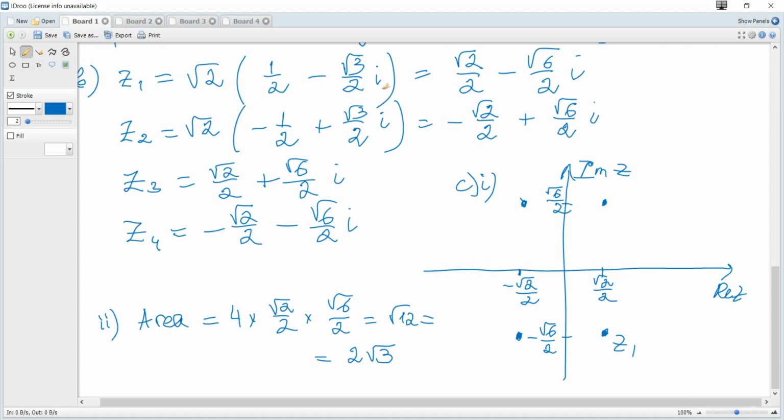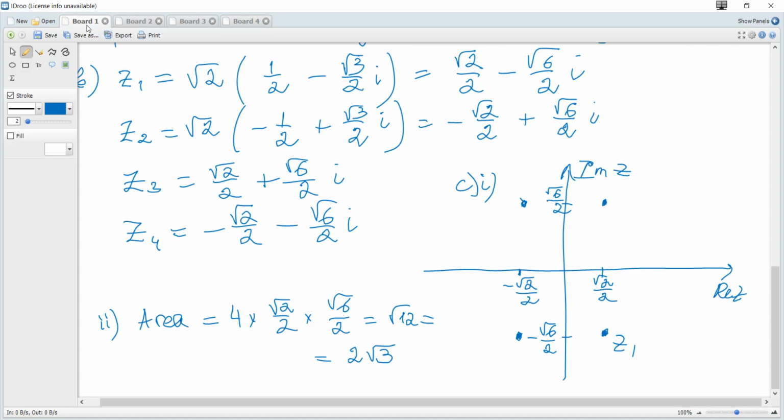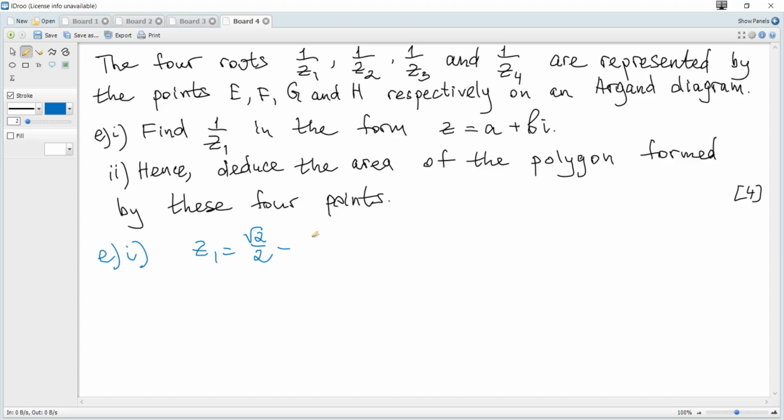It's root 2 over 2 minus root 6 over 2i, and common denominator is 2, and let's factor out root 2, so it becomes 1 minus root 3i, and